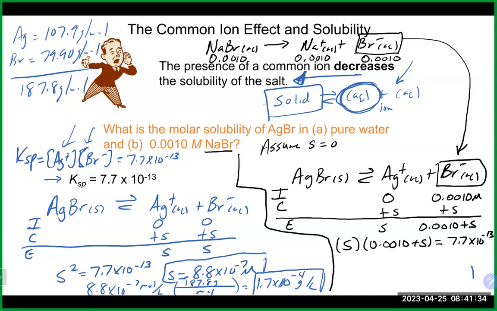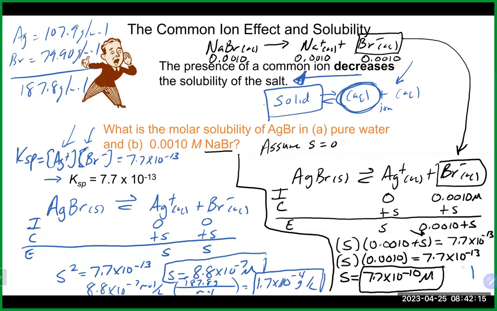It, in this case, is going to be the S we were going to add to a number that we're going to get rid of. And if we do that, that reduces this down to S times 0.001 equals 7.7 times 10 to the minus 13. Obviously, in this case, we're going to divide the 0.001 to the other side. And that would get us 7.7 times 10 to the minus 13 divided by 0.001. And that would get us a molar solubility here of 7.7 times 10 to the minus 10 molar